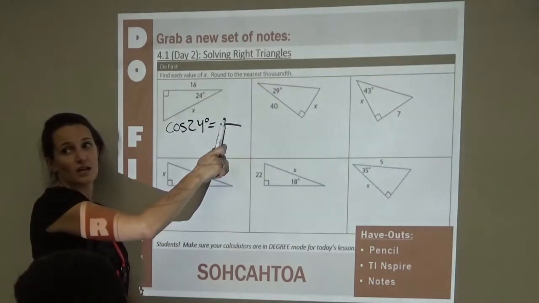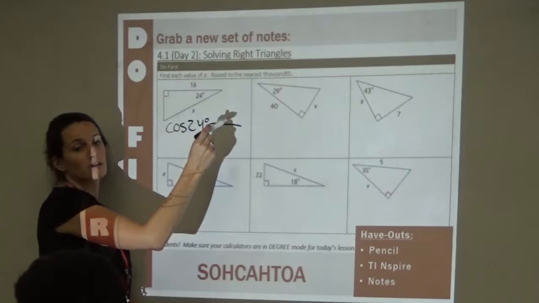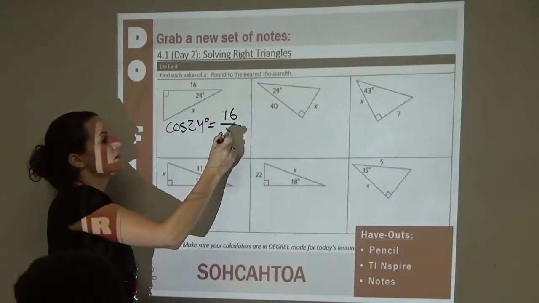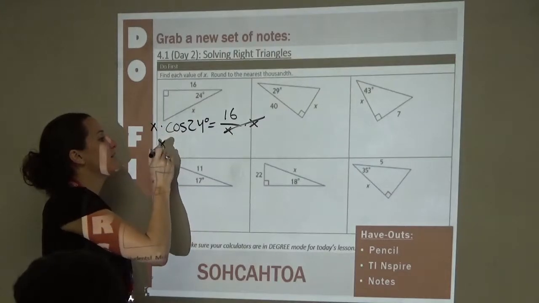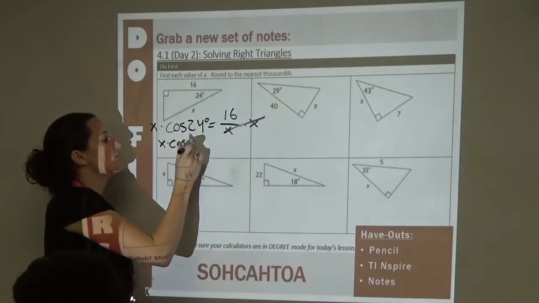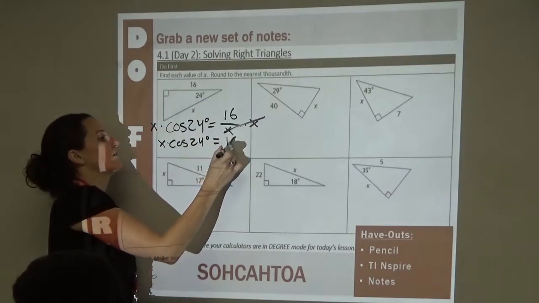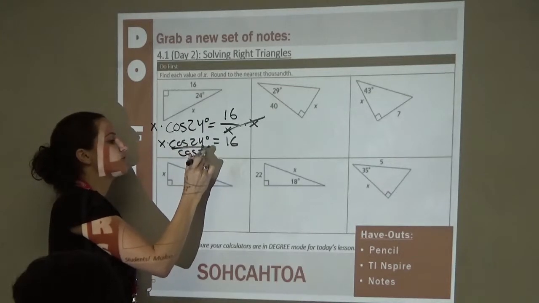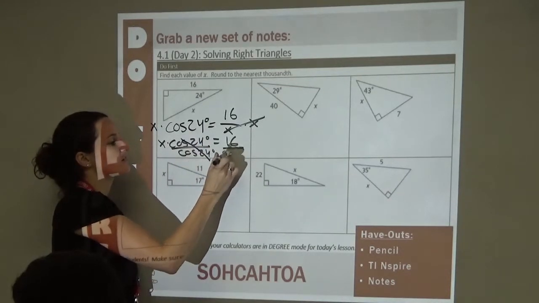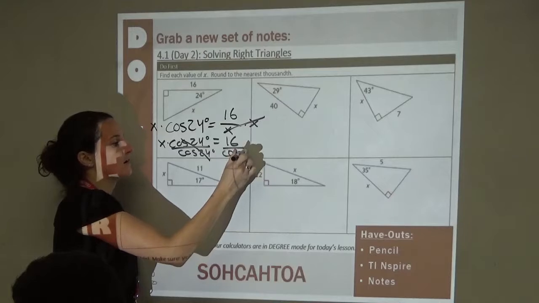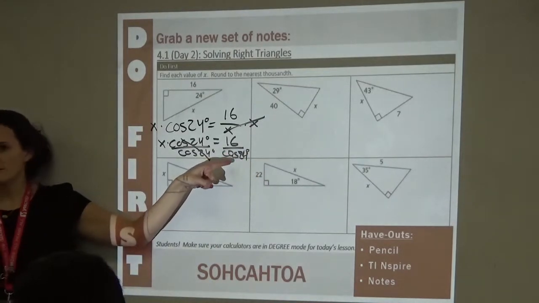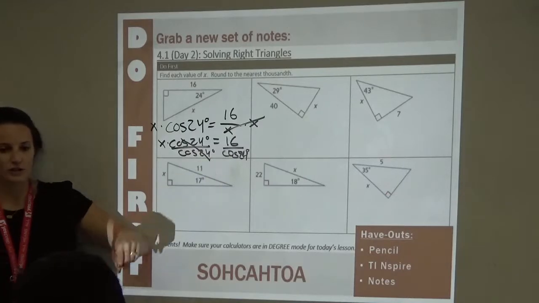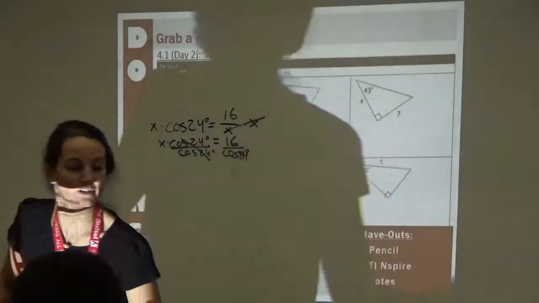What's our adjacent, Eli? 16. And our hypotenuse? X. Then we can multiply times x, and divide by cosine of 24 degrees to solve for x. Sorry, my handwriting's messy. And x should equal 16 divided by cosine of 24 degrees in your calculator, which I believe would have been